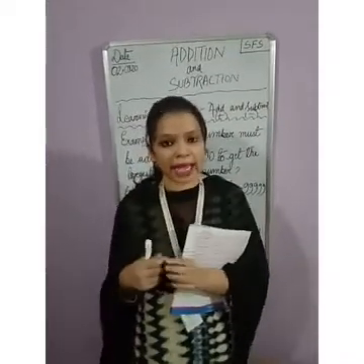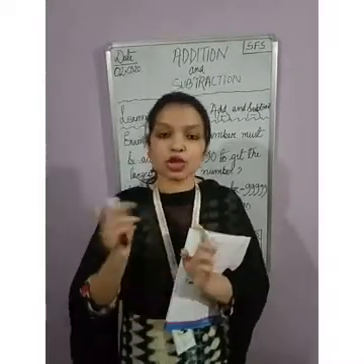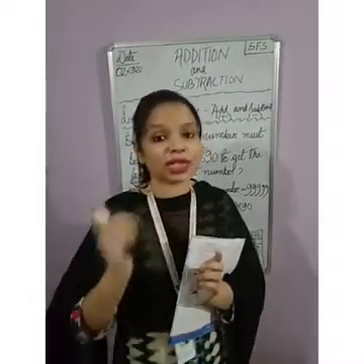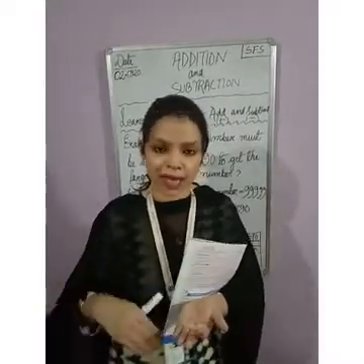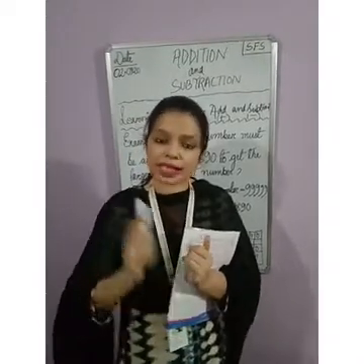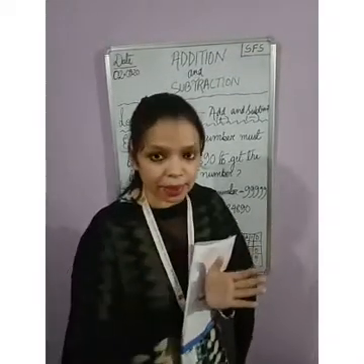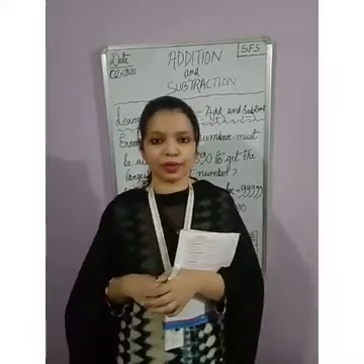Suppose you have a number 10 and you add another 10 to it. What is it? 20. So 20 is double of 10. Okay. Similarly, if you take 10 and you subtract 10, the same number, what are we getting? 0. So addition of the same number, the answer becomes double, and subtraction of the same numbers becomes 0.